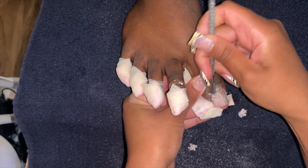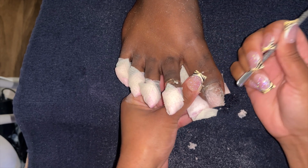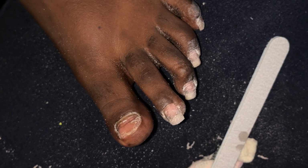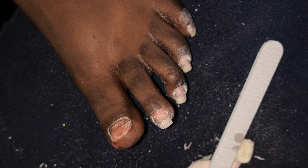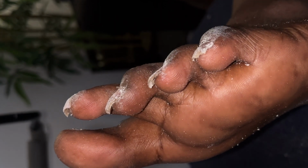I told her, you know, I'm seeing some unevenness in the texture of your nail, in the thickness of your nail. It's honestly kind of as if you injured yourself, but in the cuticle. And I was telling her, your toenails being this long, which they were long when I did the removal,